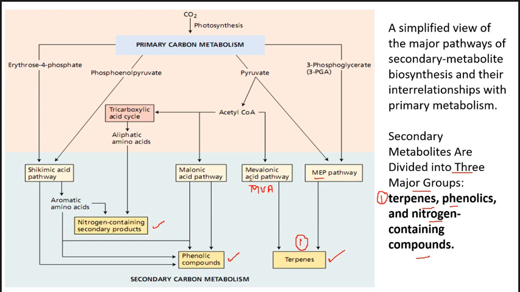So terpenes are synthesized by mevalonic acid pathway and MEP pathway. Phenolic compounds are synthesized by two pathways. One is malonic, so I mark it number 2. Phenolics are synthesized by malonic and shikimic. See, the arrow is going here. So phenolic compounds are synthesized by malonic and shikimic, and nitrogen containing secondary products are synthesized